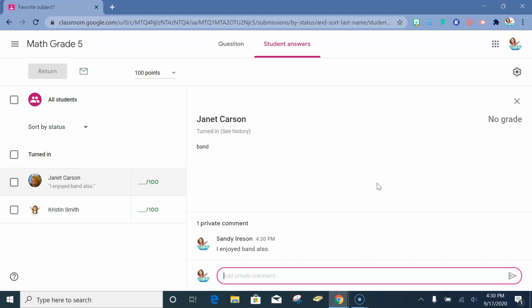So if you had a question about their answer, you can ask them about it, or you can give them a link to where they can go and find more information about the subject if they didn't do well with that question. So this is another way of giving the students feedback about what they are doing